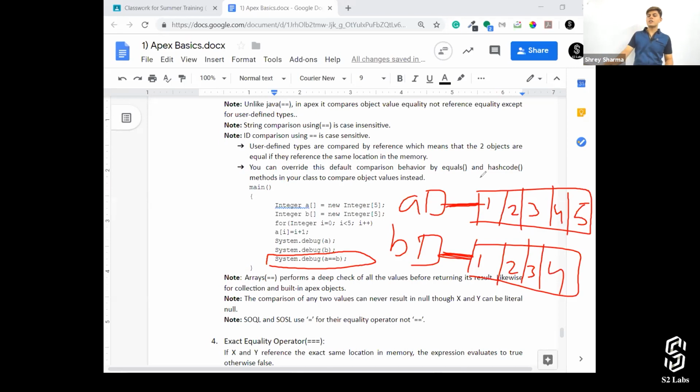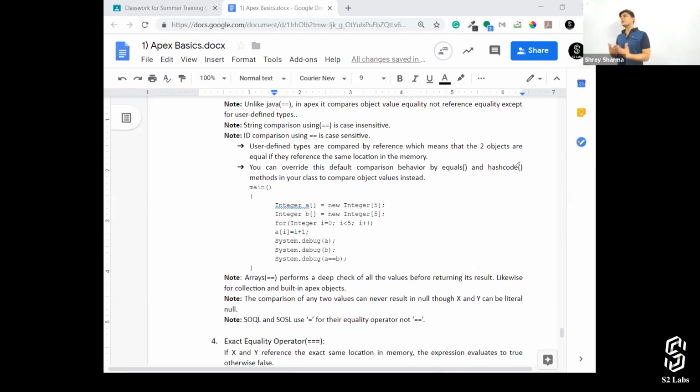And deep check basically means comparing each value individually with another value. And it's all about the perspective. If you talk about a deep check in an array, it's checking each value. When you talk about a deep check in a string, it's each character. I hope it is clear.